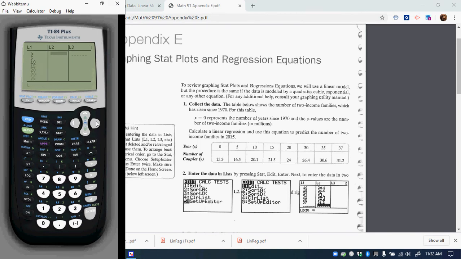Okay, and I'll do the other one: 15.3, 16.5, 20.1, 21.5, 24, 26.4, 30.6,